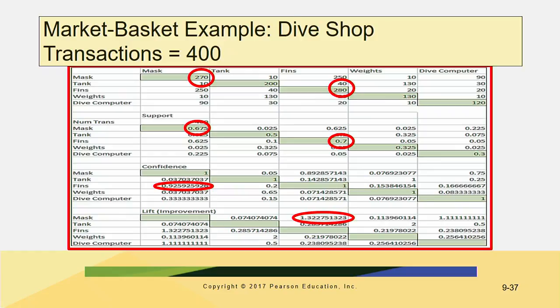What the book says is that they're more likely to buy a mask after buying a dive computer because you need a better mask to be able to read the dive computer. So that's why the percentage went up. But you already probably have tanks, fins, and weights. Does that make sense? So when I go into Amazon.com, if you think about it, if I go in and search for, let's say,